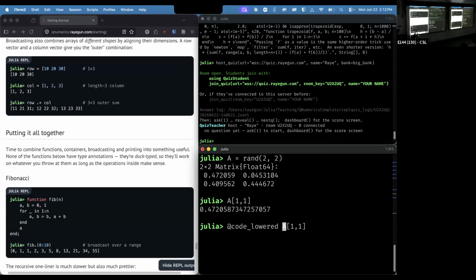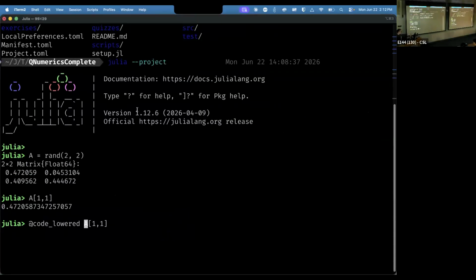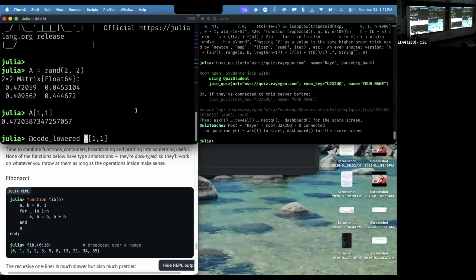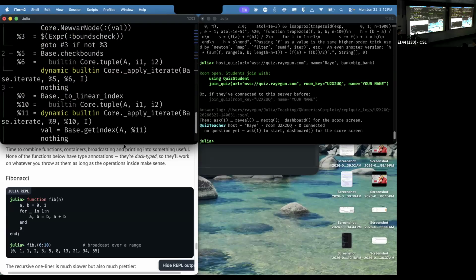But one of the classic ones that we like to use a lot, especially those of us who are more familiar with the internals of computers, are the code_ macros. So I believe there's 4 of them. The first is code_lowered. So that's where we take syntax like A[1, 1] and we transform it,